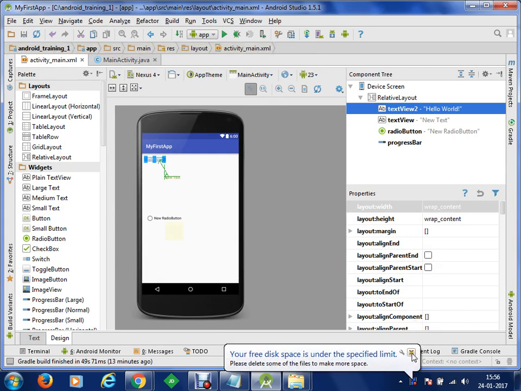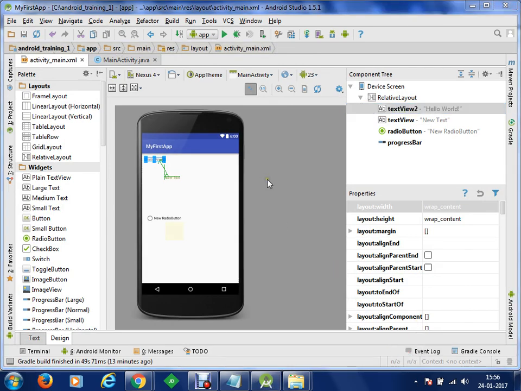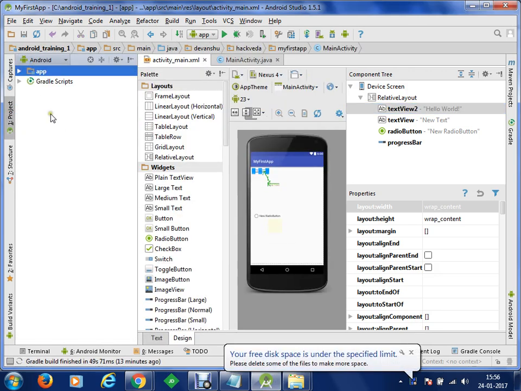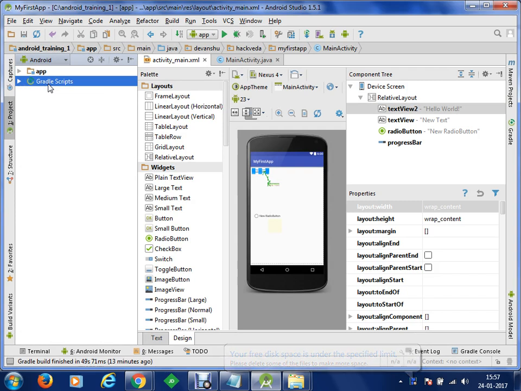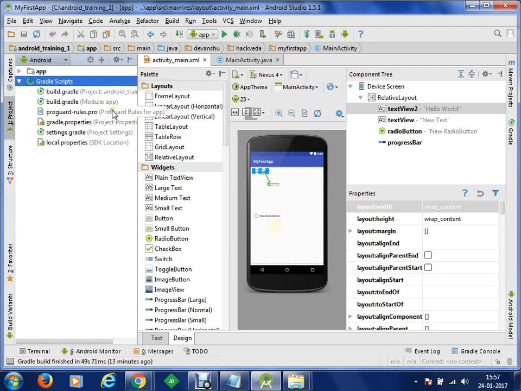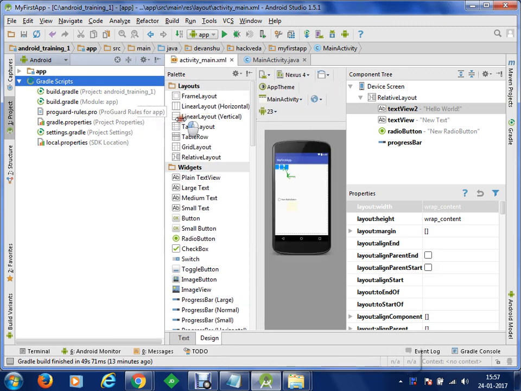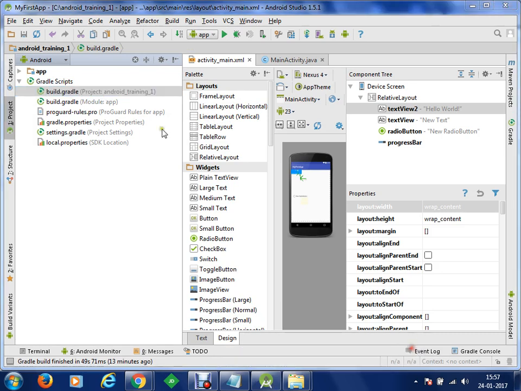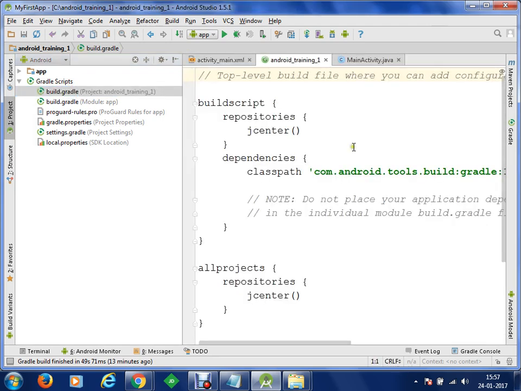Okay. Now I would like to take you to Gradle build system as well. So what we have is, within this Android project structure, or within this Android project, there are two sections. One is your app structure and second is your Gradle scripts. Okay. If we open the tree view of this Gradle scripts, you can see that we have Gradle information for our project, and if we single click on this or if you double click on it, that Gradle information will open on the right hand side.